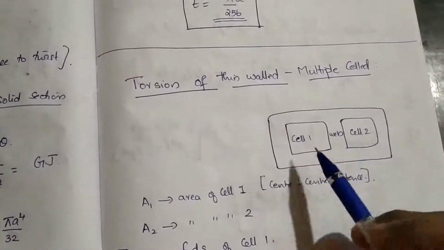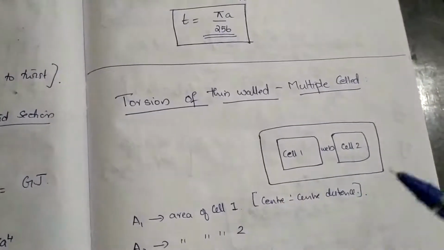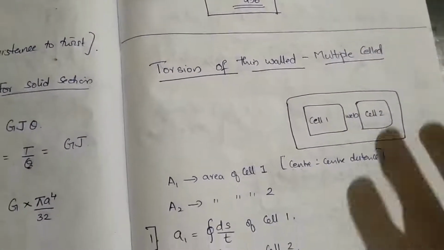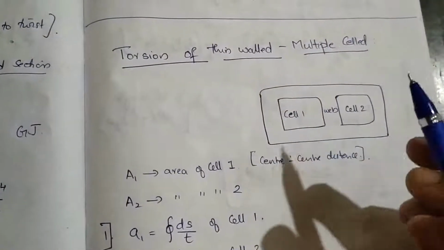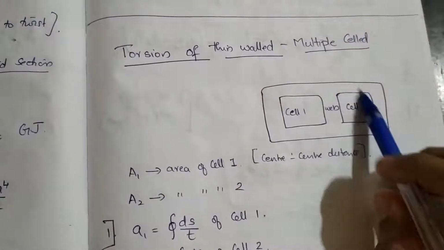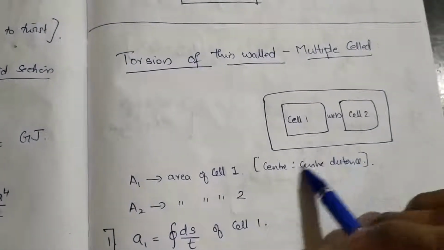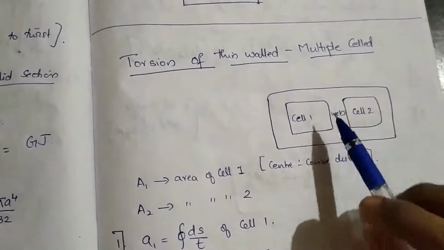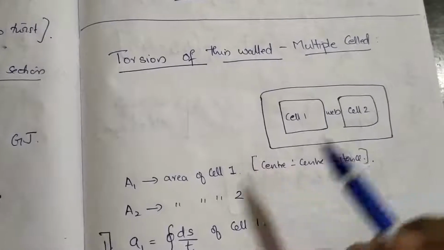Okay, so generally what we will do in case of these problems, there is no need to derive all these things. It is of least importance. The derivation will not be asked in the exam. So I will tell you some equations and some formulas that will help you in doing the problems. Okay, the problems regarding this section are very important. So if there are multiple celled problems, what we will do?